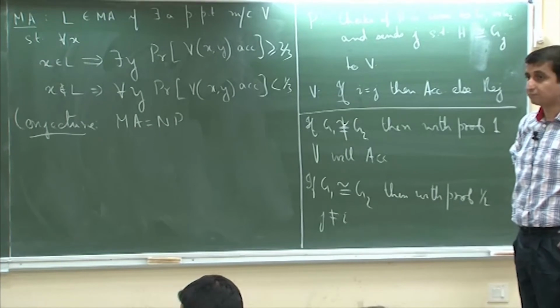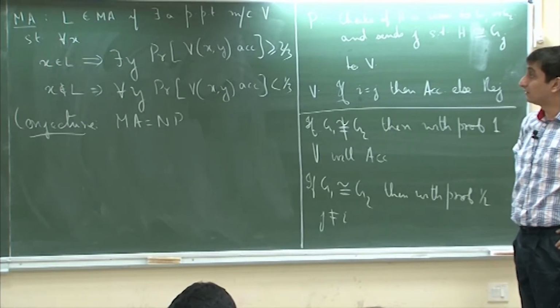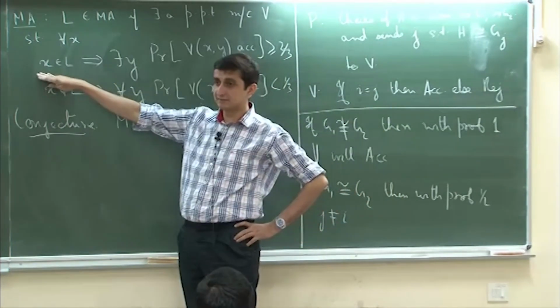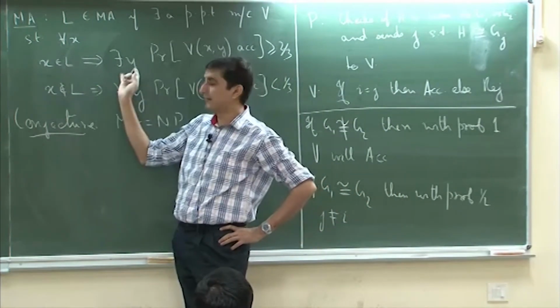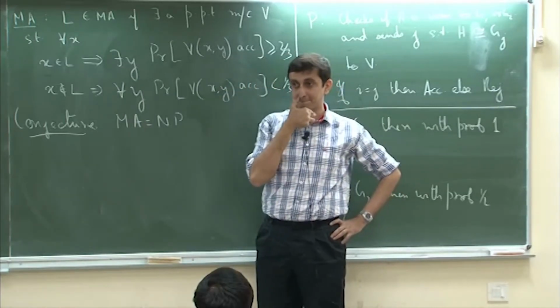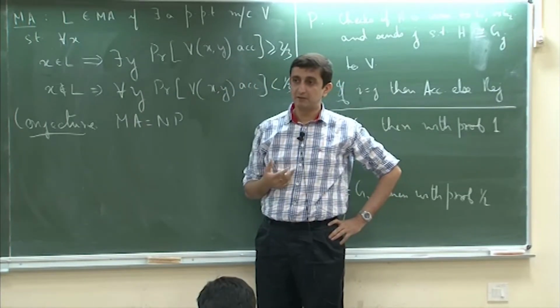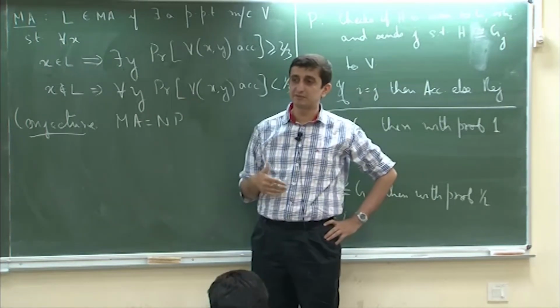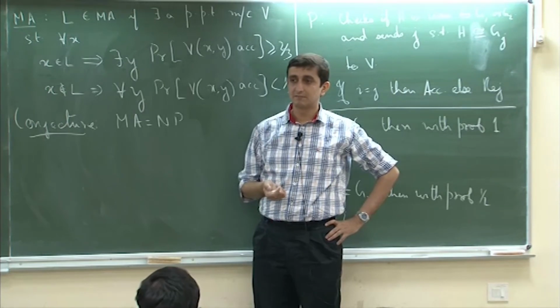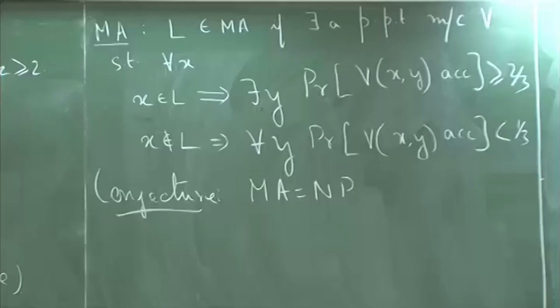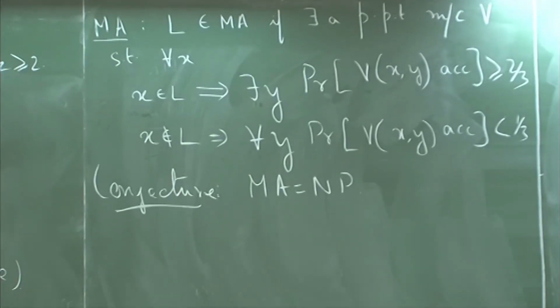It does, because he has access to x. So, depending on what x is, he is sending a string y. But the question is that his y is not an answer to some question which the verifier asks. It is basically like a certificate. Okay, so we will stop here.